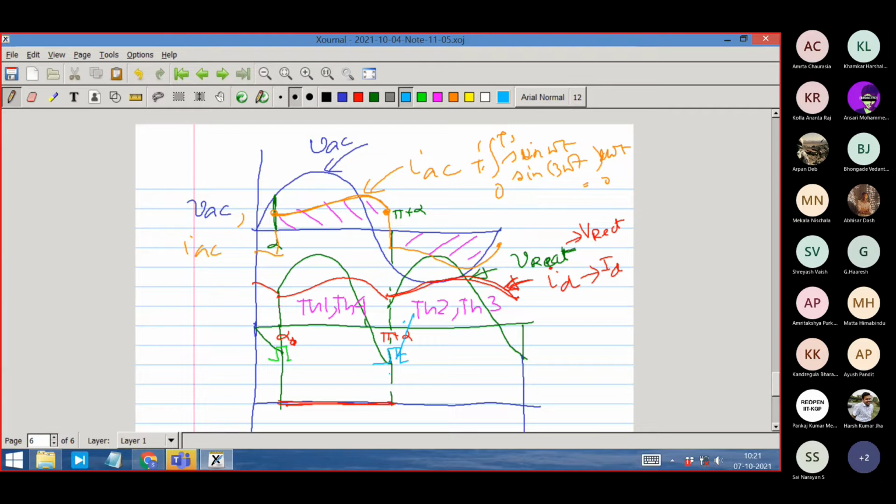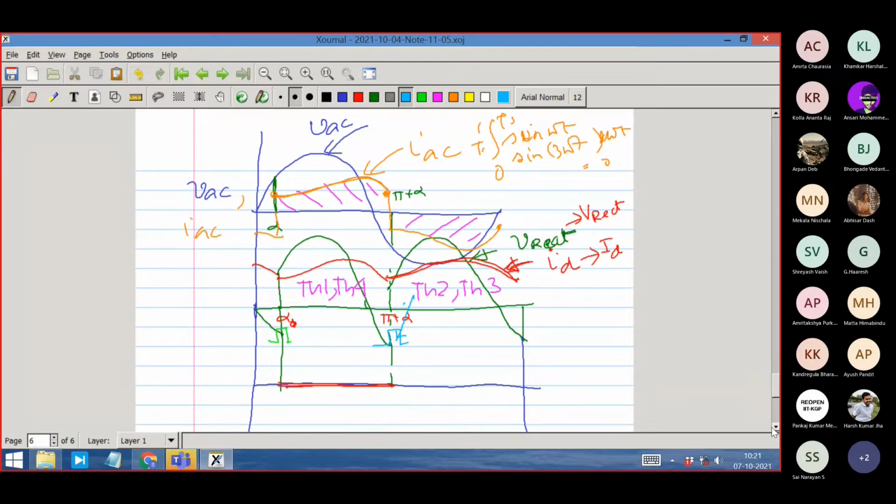There is no reason why it should continue, because it sees that in the circuit, it can afford to shed the burden of current. It can afford to shed the burden and give it to TH2. It can understand, right? And not only that, it understands that after turn off, its voltage across the thyristor would be negative. This is also very important, because in order to turn off, it requires that the subsequent voltage has to be negative. That is the requirement.